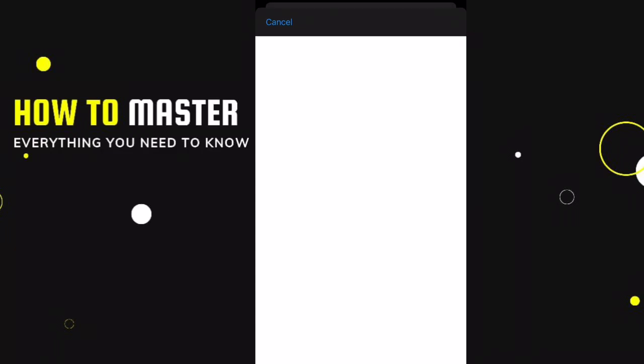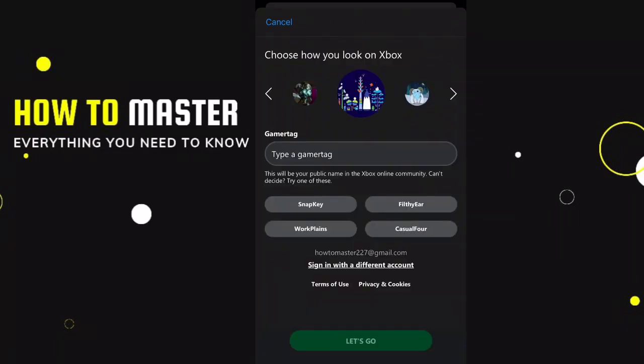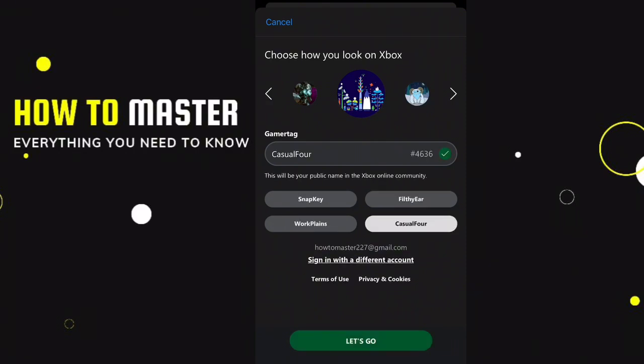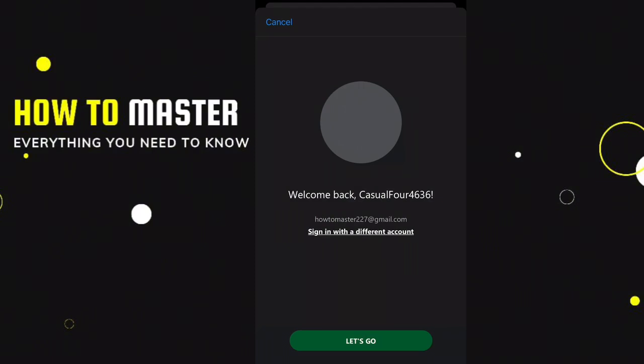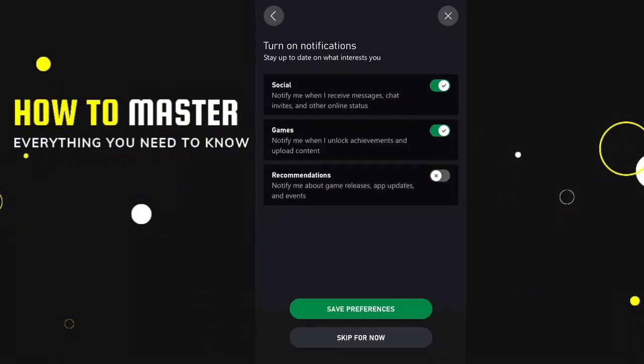Next, you can then go ahead and choose your gamer tag. So this will be your public name in the Xbox Online community. So simply type in anything of your choice, or if you want, you can also choose one from the suggested ones below. And once you've chosen one, simply select the type of notifications you'd like to receive, and once you're done, you